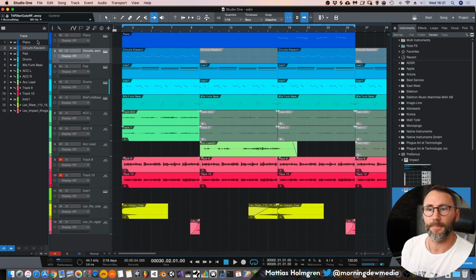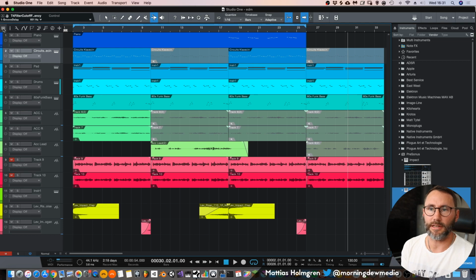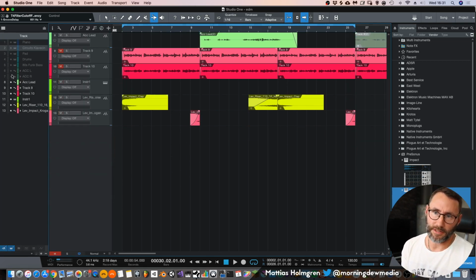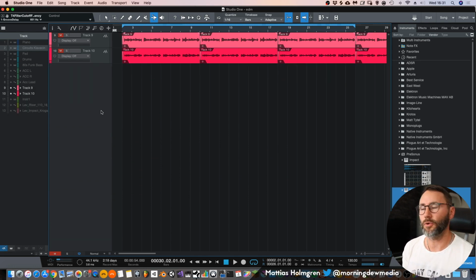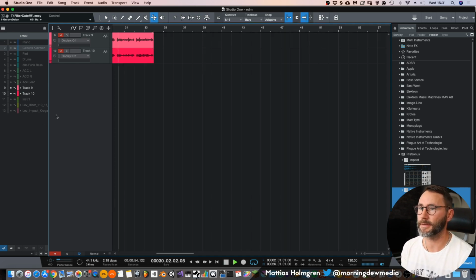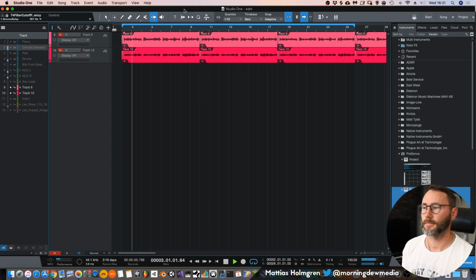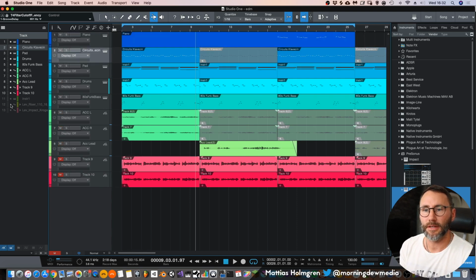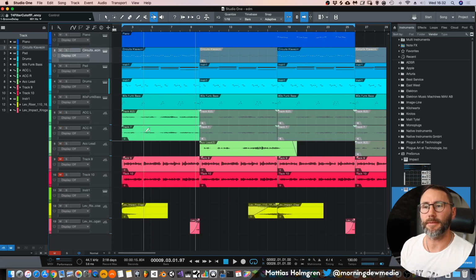audio tracks reside. At the leftmost side here we have a little icon for bringing up a smaller track view. In this track view we can hide some of these tracks if we only want to view certain tracks for editing. But if we play back, we will still hear some of these tracks that are hidden. So that's a quite nice feature to be able to hide some of these tracks. Let's make them visible again.